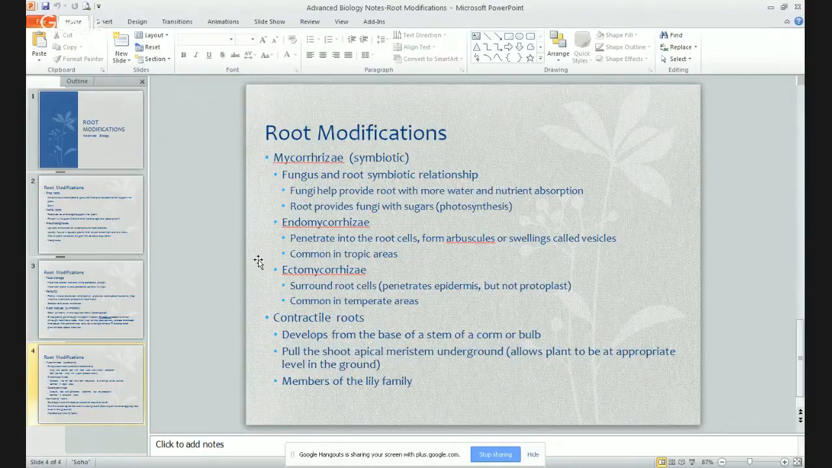So what they actually end up doing is they end up pulling that shoot apical meristem below ground, in case there's changes in the weather, like a drought. It allows that shoot apical meristem to kind of be protected if needed. So the drawing that I have there, you've got your roots there,